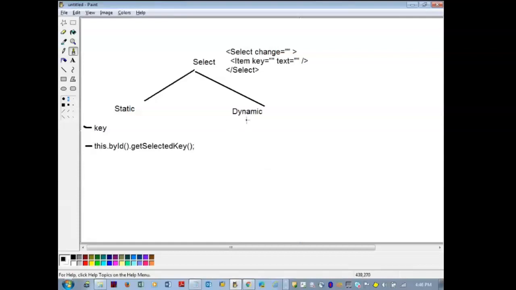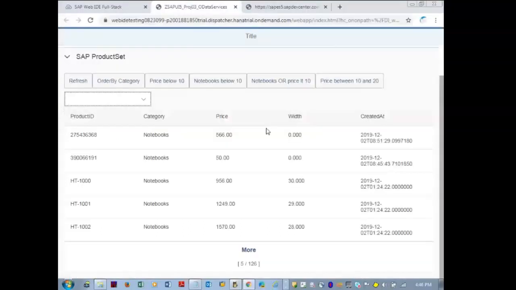Now we'll try to implement the dynamic select control. In the dynamic select control, the requirement is to populate the product IDs into the select control.